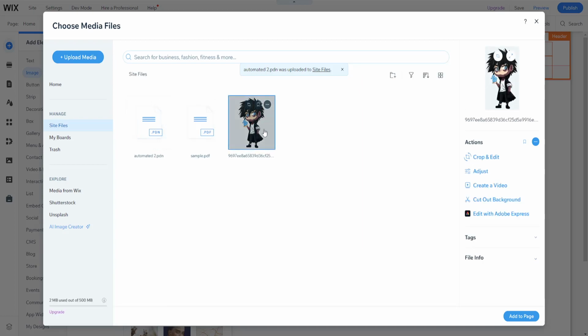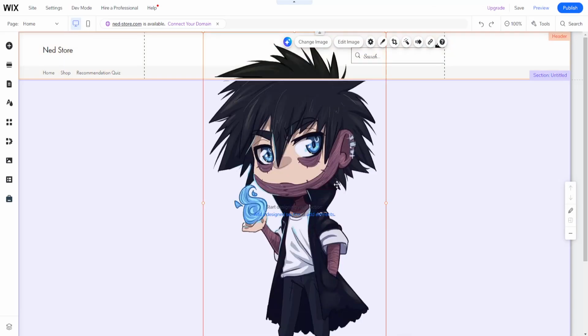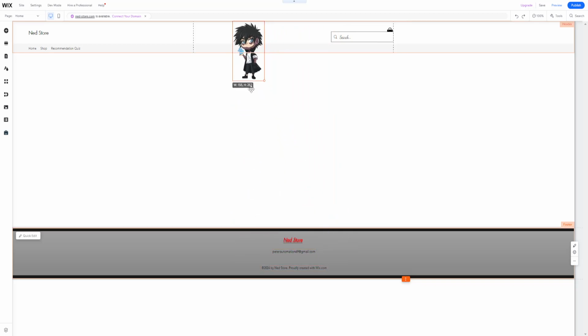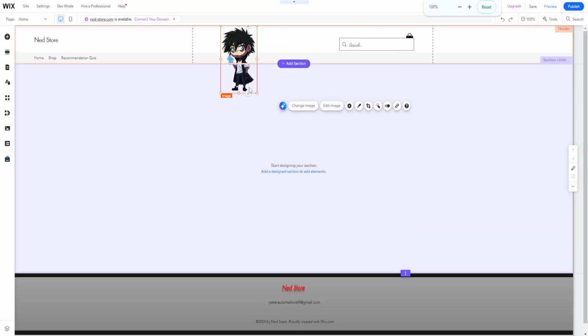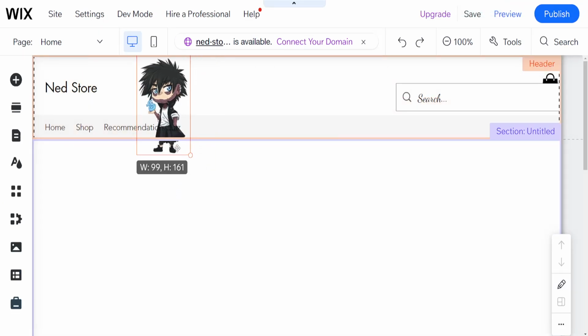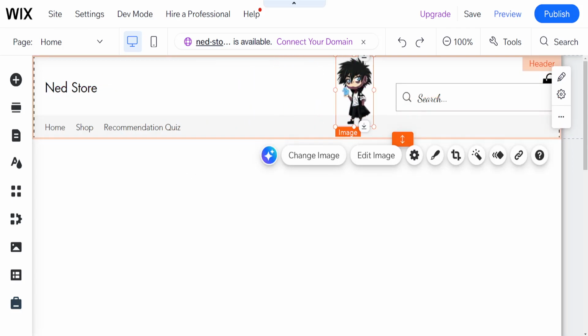You click on it like so, and then you click on add to page, and it's gonna look like this. We need to rearrange this, so we will just drag it, make it smaller, and now if we want to add it to the header, we will just make it even smaller, and we can just drag it and drop it right here